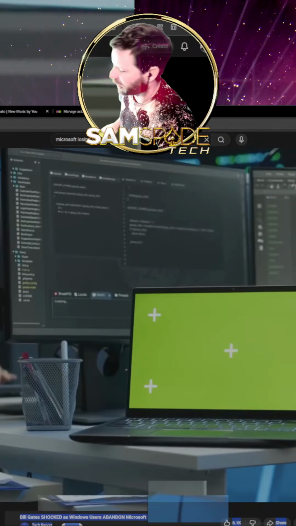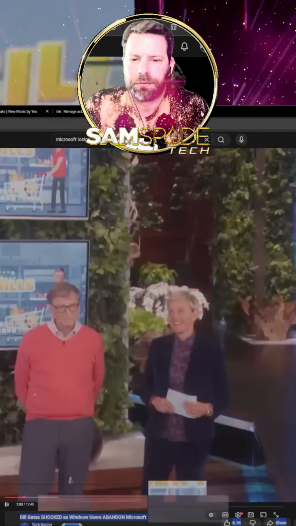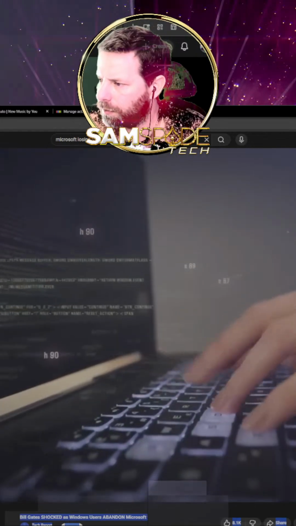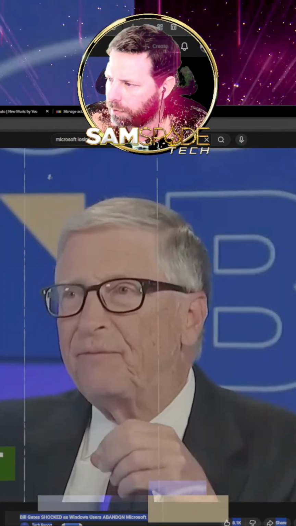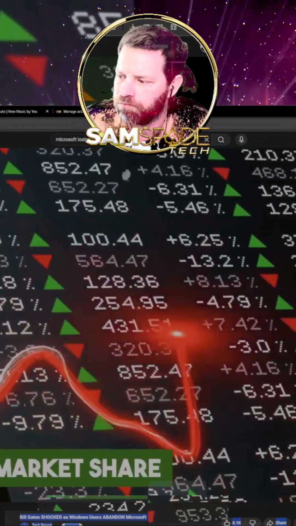Genuinely do not care about any of that. Linux users are Windows refugees. Microsoft isn't losing users to Apple's expensive hardware. They're losing users to free software. And according to leaked Microsoft internal projections, if current trends continue, Linux could reach 18 to 22% market share by